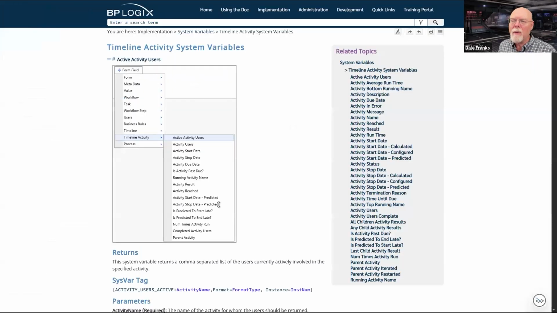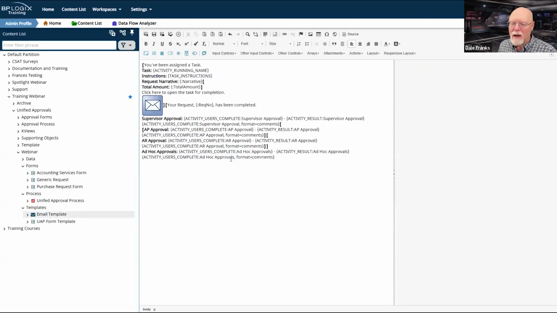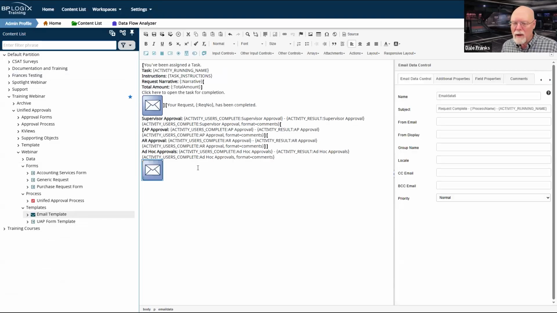We'll copy it and we'll paste it back over here in our form. Go down to the next line. We'll go copy there. I'm going to have to change something because it's not called process name in this iteration. It is called process. And this is request complete, and activity running name is there because the activity is submitter or disposition notification. So it'll be request complete. I have process.